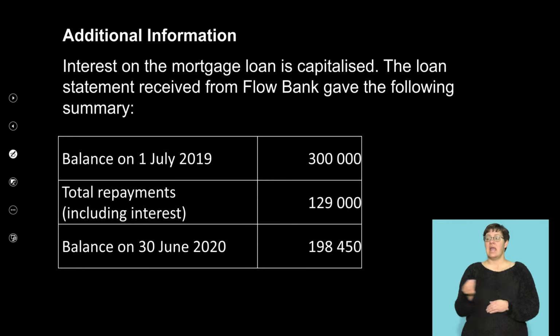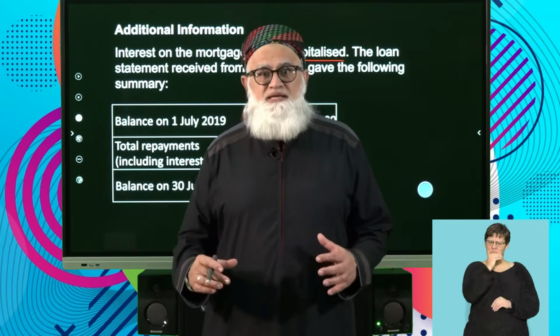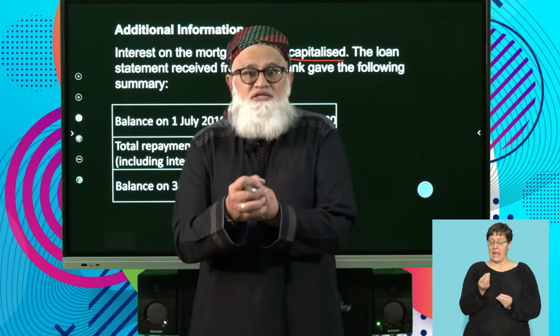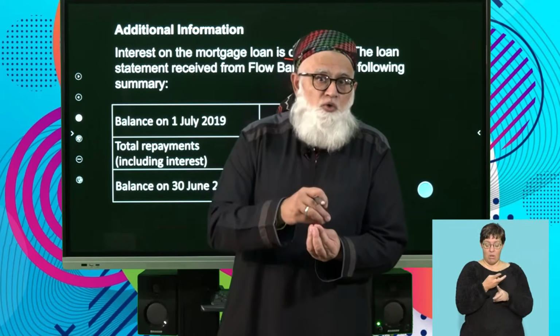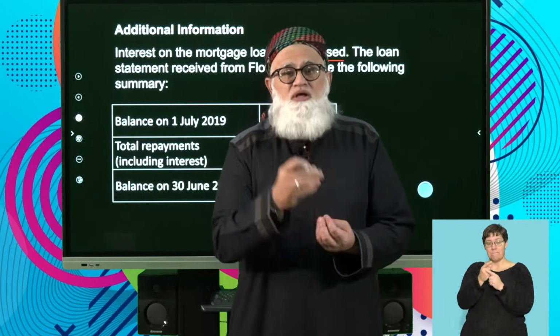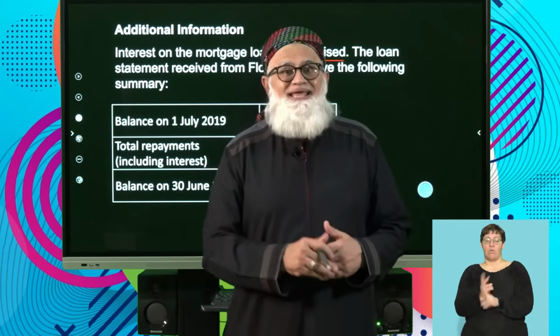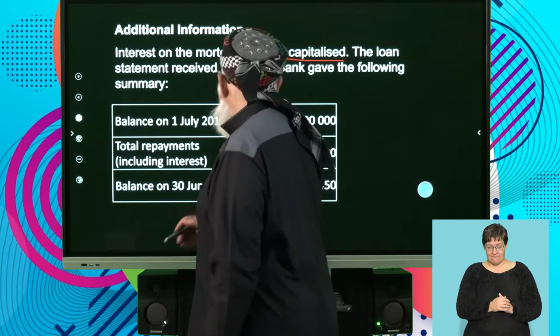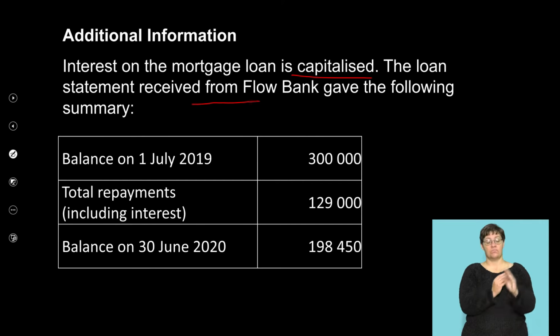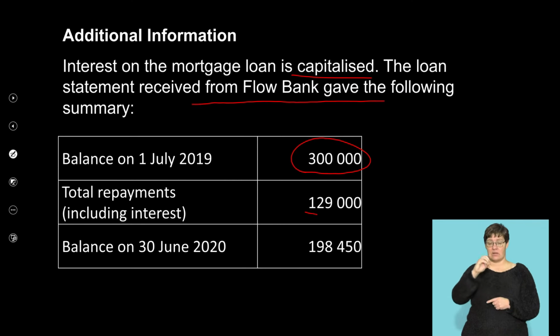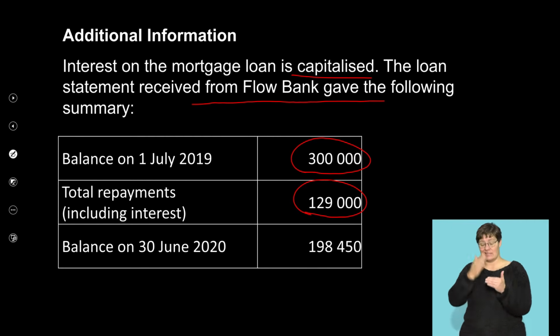We have interest on the mortgage loan is capitalized. Let me explain that to you. When they say interest is being capitalized, what does it mean? It means that the interest that is accrued on the loan is added back to the loan. That's what we mean that interest is capitalized. The loan statement received from Flow Bank gave the following. Your balance at the beginning was 300,000. Your total repayments, including the interest, was 129,000, and your balance at the end was